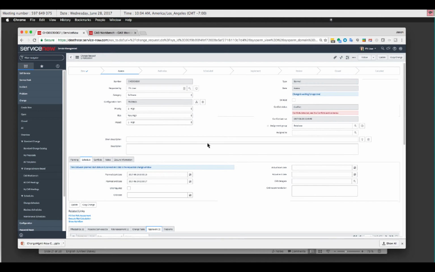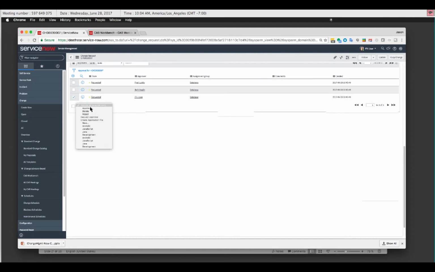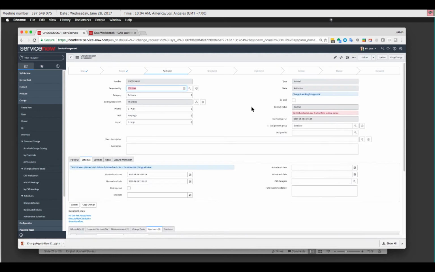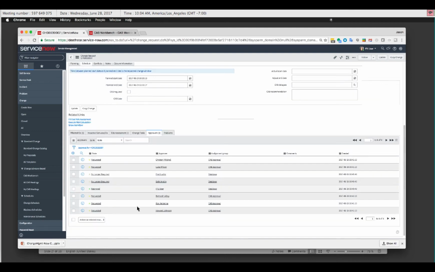If we perform an approval, and in this case I've configured this so I can approve my own work, maybe not the best practice for your environment, it then goes to an authorized level where an additional set of approvals